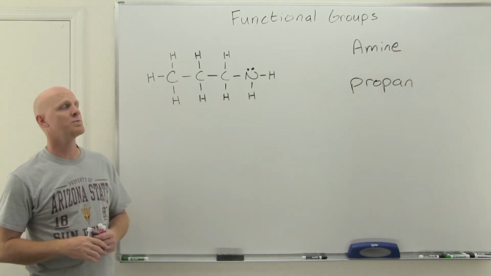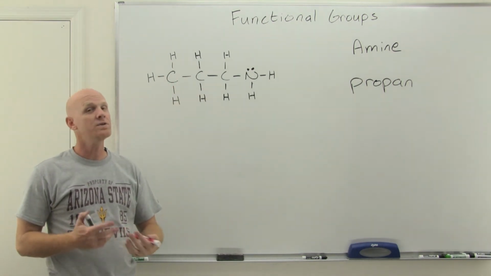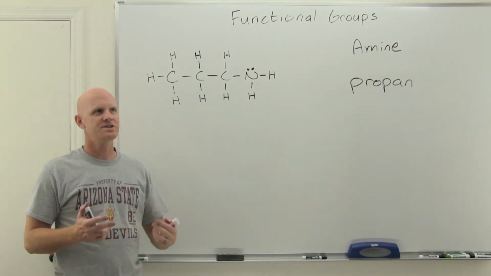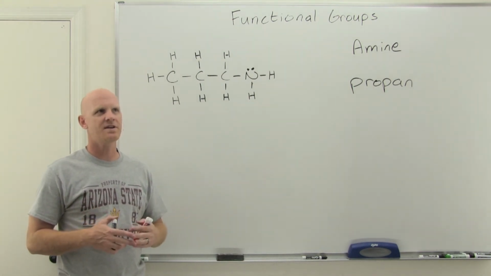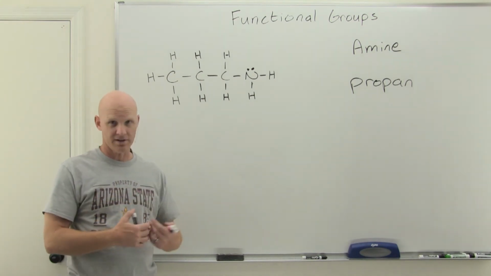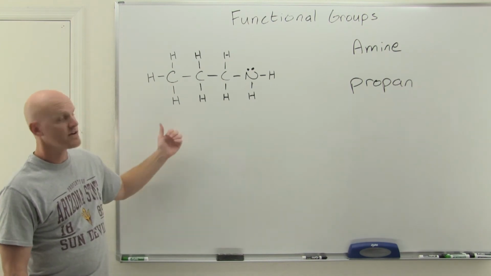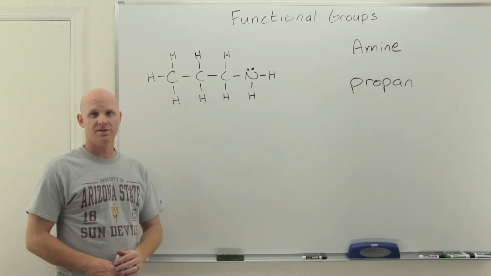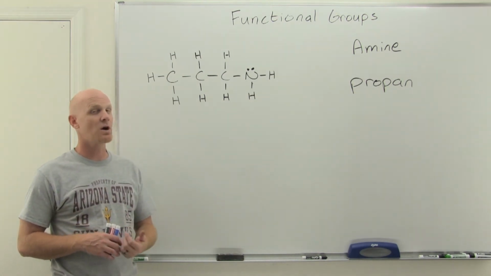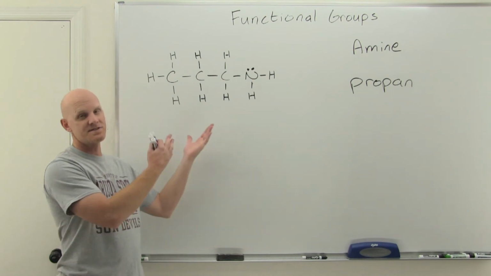So our next functional group we'll look at is called an amine. In this case, amines are kind of derived from ammonia, and they're very fishy smelling. And really we should say that it's not that amines are fishy smelling, it's that what's on the skin of fish is more amine-like, and that's why they're fishy smelling. So common amines here are actually good bases as well. So when you think of an organic molecule that's acidic, the functional group we usually associate with that is probably going to be a carboxylic acid. When you think of an organic functional group that is a base, this is the one we usually come up with,